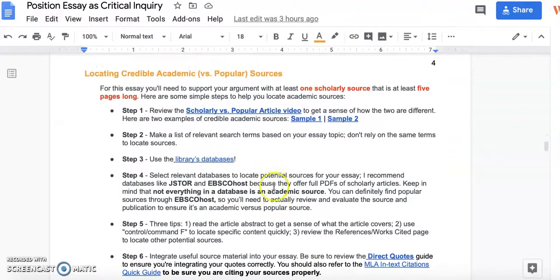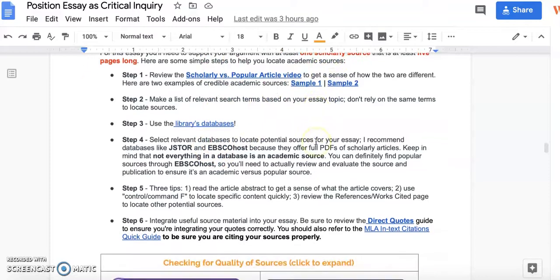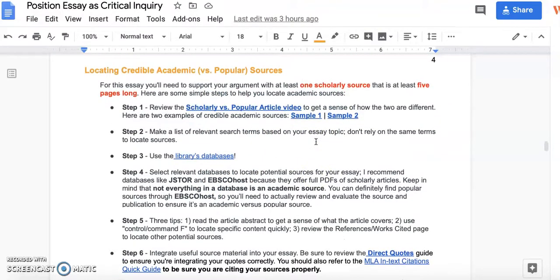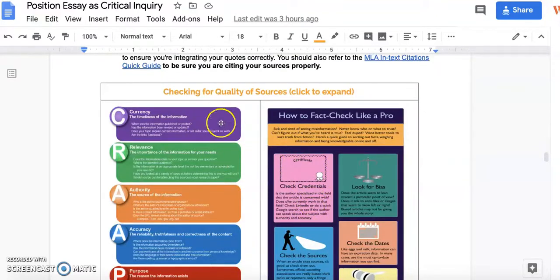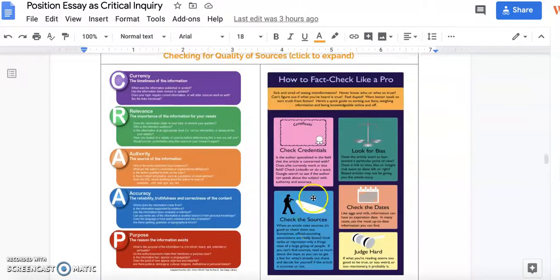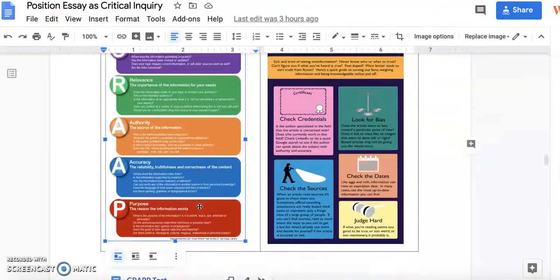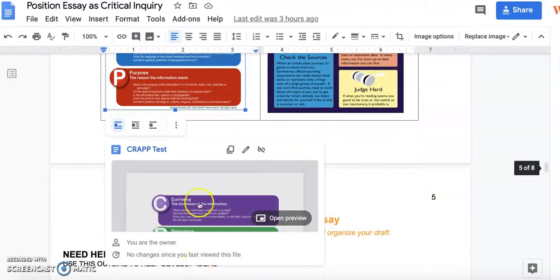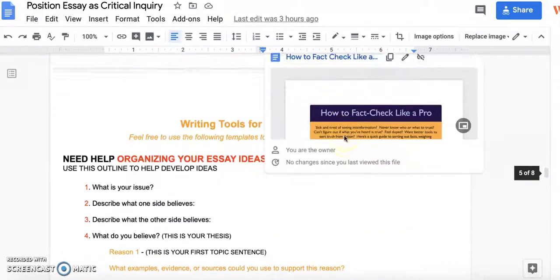I've given you information here about finding credible sources, credible academic versus popular sources. Remember, we need one scholarly source, and then the rest can be from other types of outlets. And when you're looking for those other sources, always check that you have a high quality source. Go through these checklists. You can click on these, and each one of these things will open up and blow up if that's hard to read here and how small it is on the prompt. So just click on it and you can blow those up.